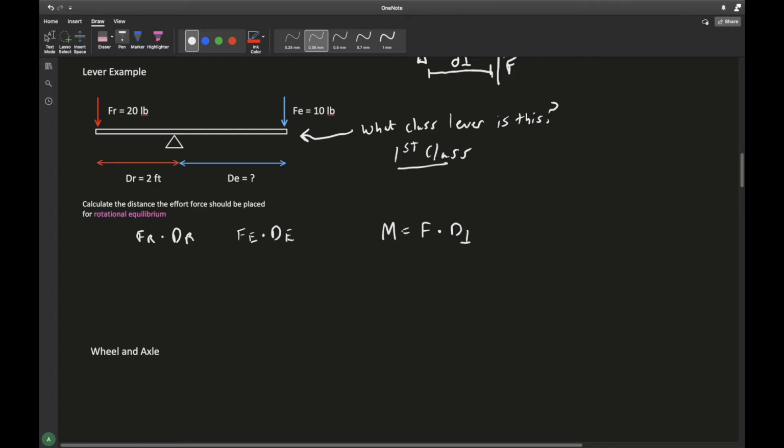And in this case, our effort and resistance distances are acting perpendicular to our forces. Because they need to be balanced, in algebra, we can think of that as an equal sign, right? And so we have this equation here, and then we just plug in our numbers to solve for our unknown